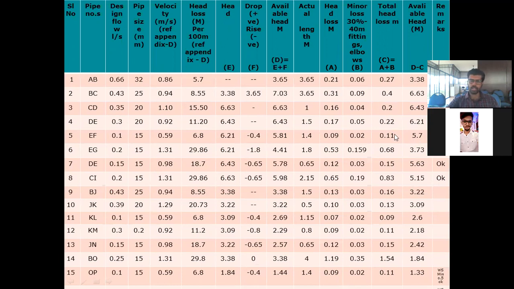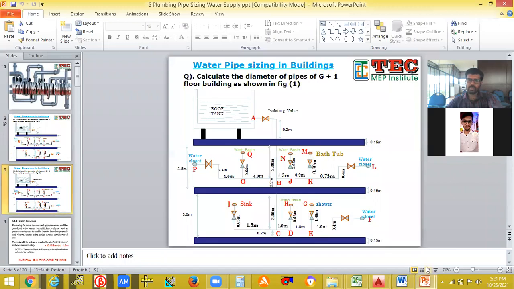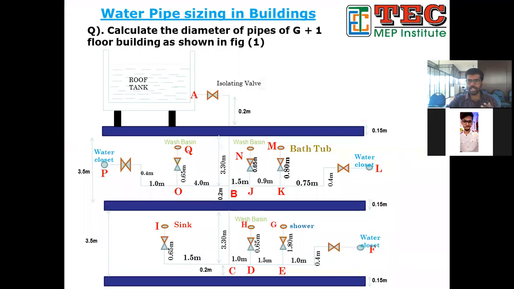Available head and total head. How you get these things depends upon a question only. So this is the same question. Those who have already gone through the video and those who are regularly attending the class may know this, right? We are going to find the head loss calculation for this particular question. This was the same question where we were trying to find the pipe size by the loading unit method, plumber's chart method, and WSFU method. So with respect to the same question, we are going to find out the head.